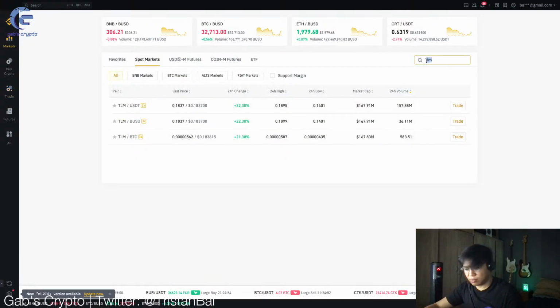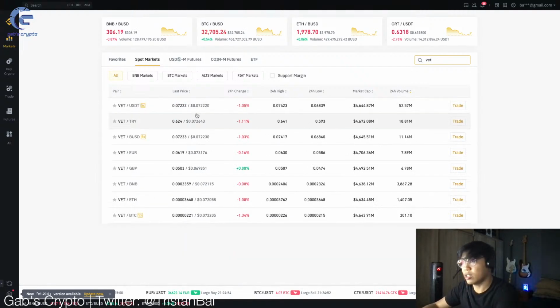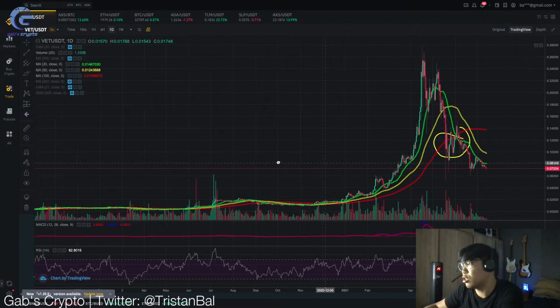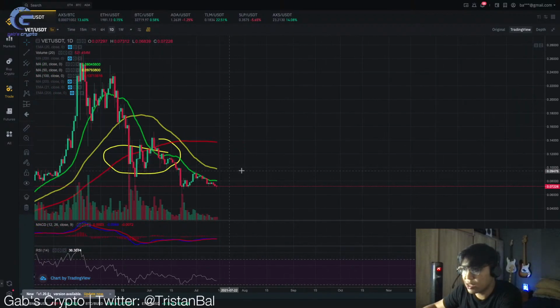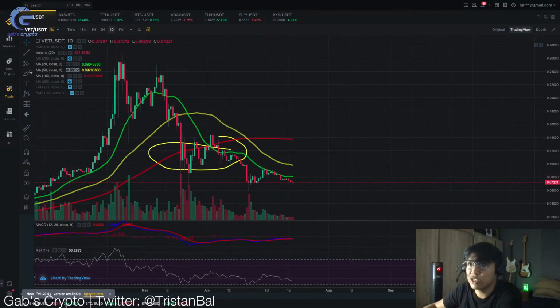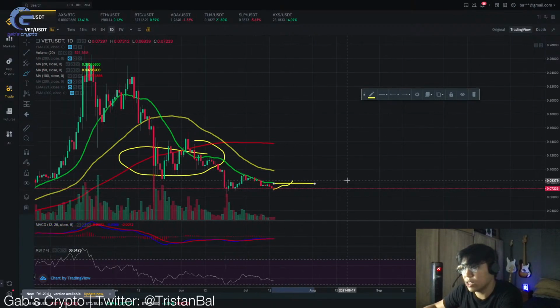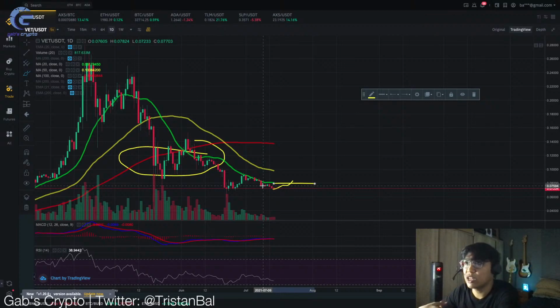Sige, VeChain. So actually, kakacheck ko lang ng VeChain kanina bago tayo nag-open kasi kasali ako sa isang VeChain group. So for VeChain, ang kailangan nyo intindihin, for the short term, hindi nyo madedetermine yung price action, pero what VeChain must do is it must break the 20-day moving average in order to flip bullish. So as of now, wala pa tayong ganung movement. So if this is not yet happening, I don't expect a VeChain pump anytime soon in the future. So yeah, yun yung kailangan nyo tingnan, the 20-day moving average.